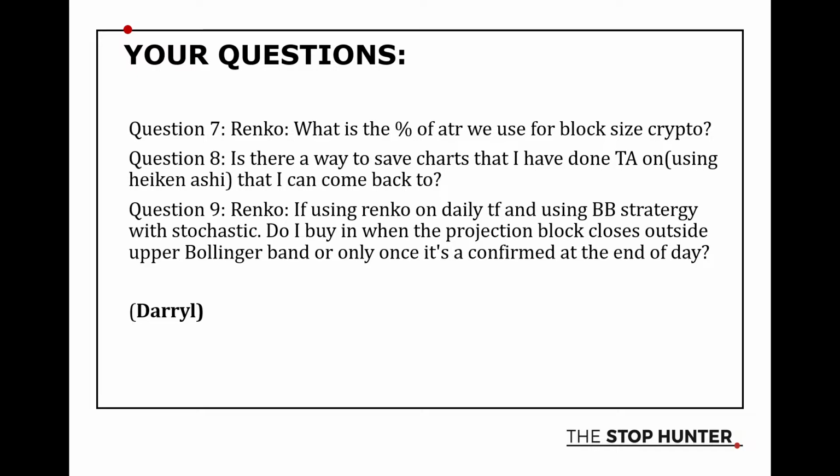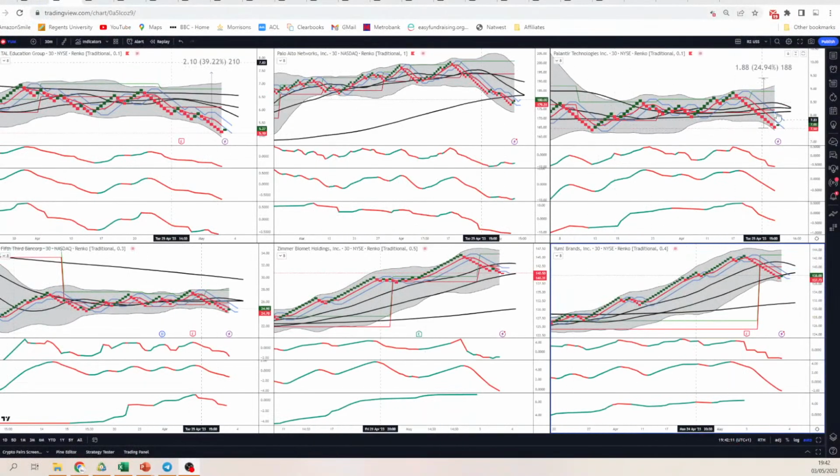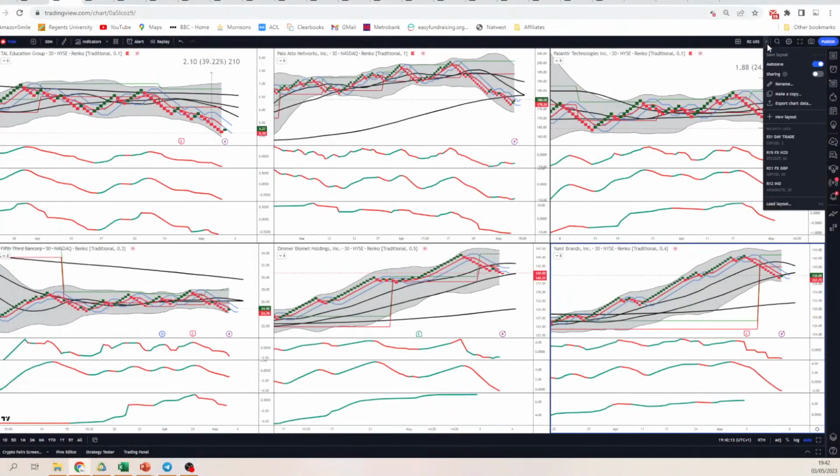see what works. Is there a way to save charts that I've done TA on that I can come back to? You can save your charts. I'm presuming you're in TradingView. Let me just pull up a chart. Let's switch to that. Hopefully you can see that. They're up in the top right.